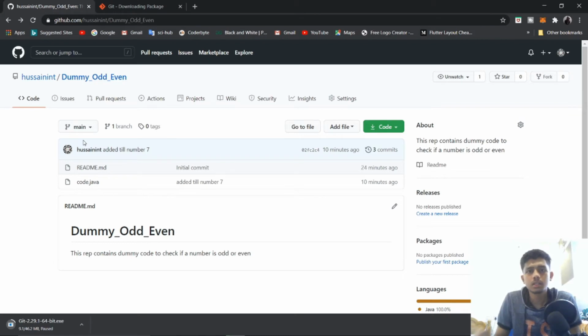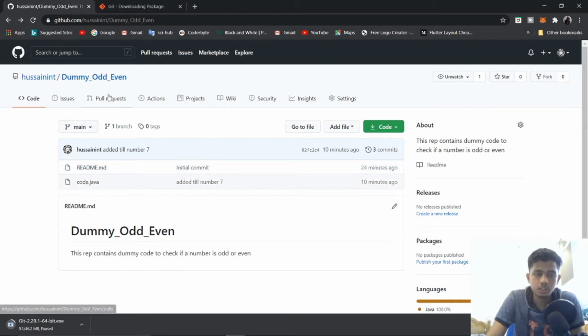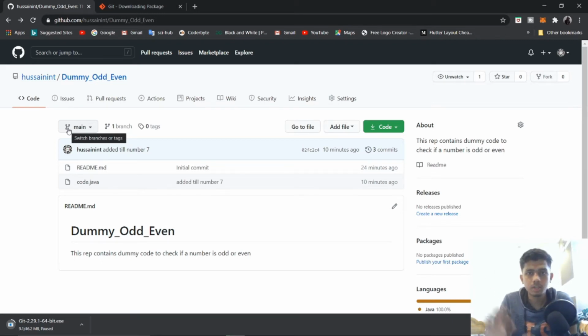A branch is nothing but another folder in your repository. So this is our main branch, a main folder, and the main branch contains the code which runs without any bugs. So first we'll create another branch, another folder in layman terms. We'll put our code there. We'll check if the code runs, and when it's successful, we will put that code to our main branch. So we will not disturb the main branch.